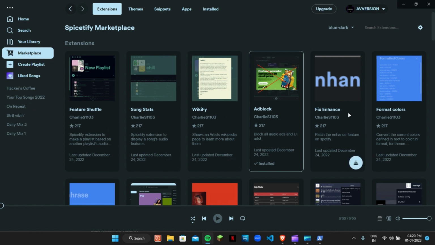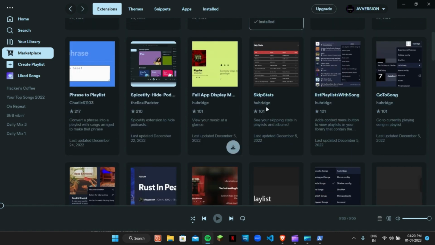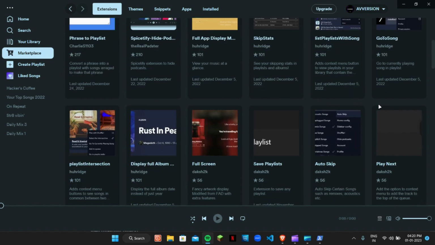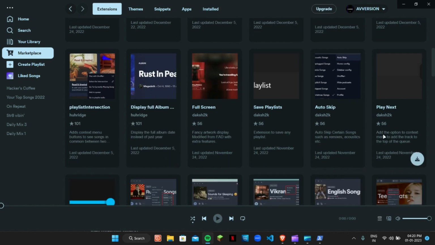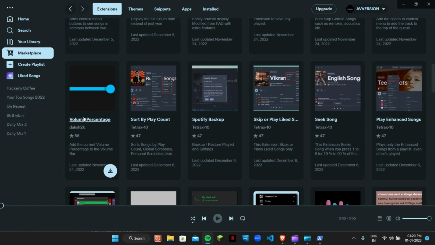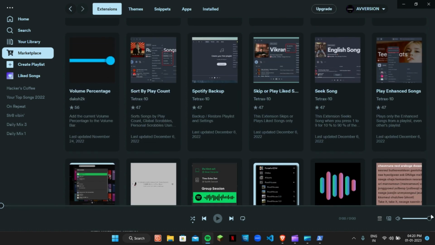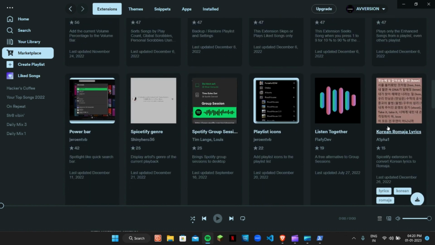So these are all of those. All of these extensions you can check out, and depending upon what you like, you can install them accordingly. See, there's this volume percentage. You can add it over here, so I'll show you a volume percent. You can see like